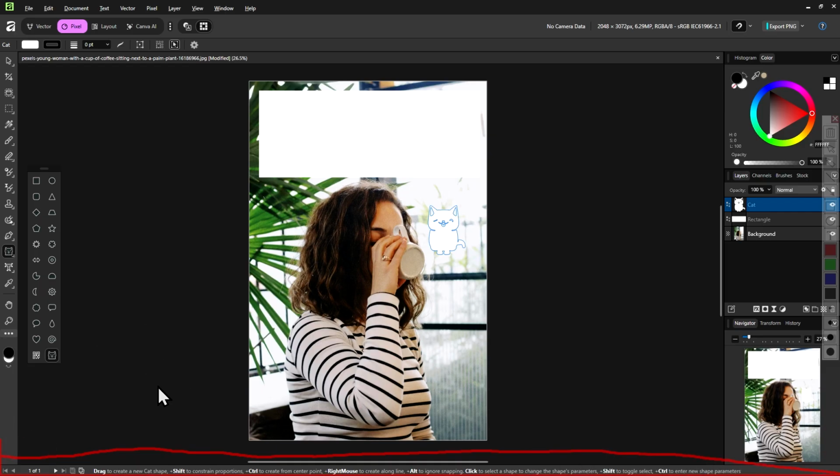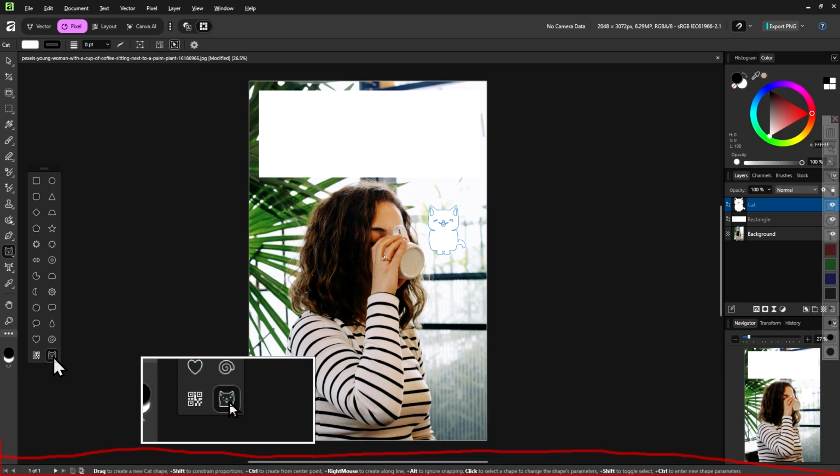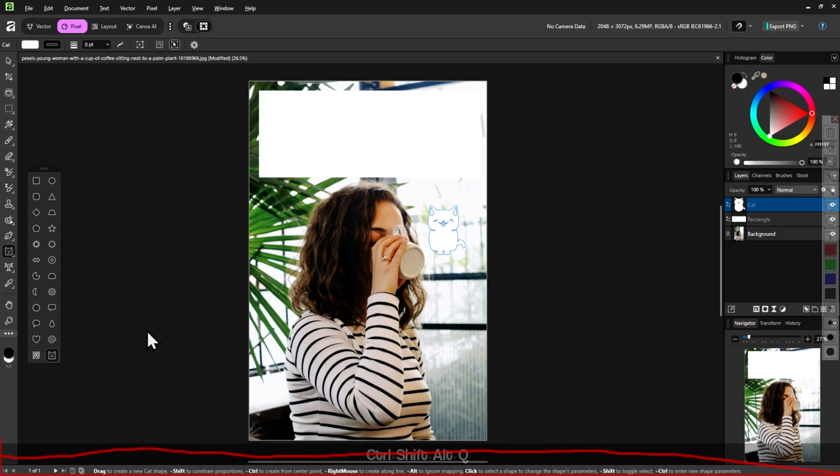This status bar tells you how to use a tool every time you select another tool. For example, we currently have this cat icon selected. So now the status bar should be telling us how to use the cat tool to create more cats.